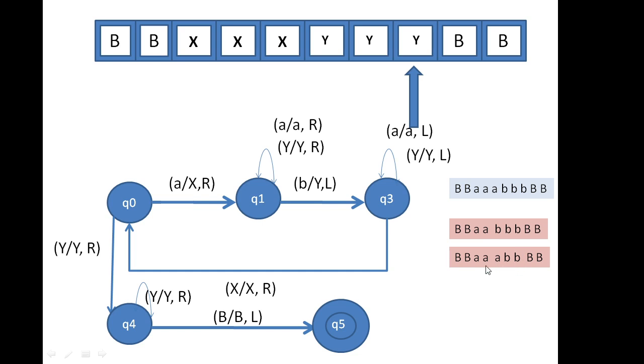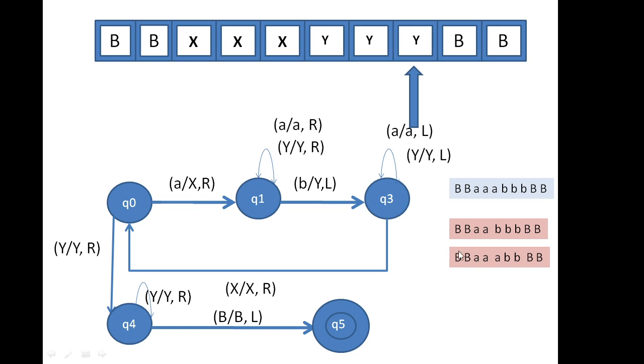And again, go left. Again, we'll get an X. We'll move right. We will get an A. We convert it into X and move right. We'll get a Y. We'll let it be Y and move right. We'll get a Y. We'll let it be Y only and move left. When we move left, we get a Y. We again let it be Y only, move left. Again, we'll get an A. We'll let the A be A only and move left. Again A, let it be A only, move left.